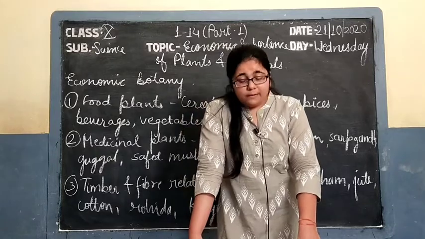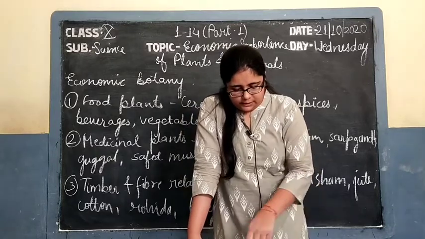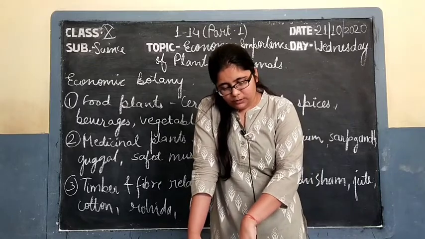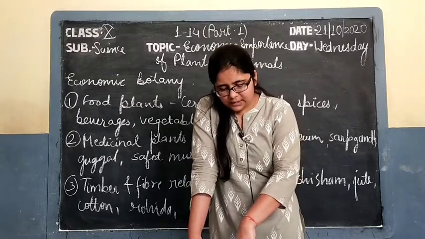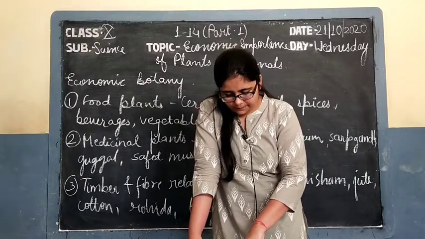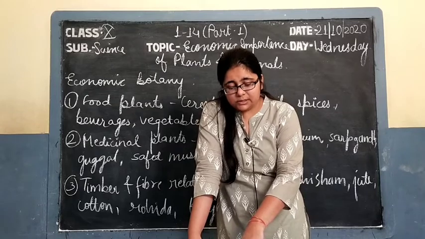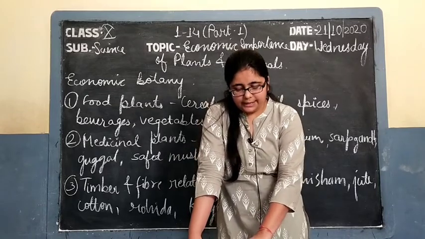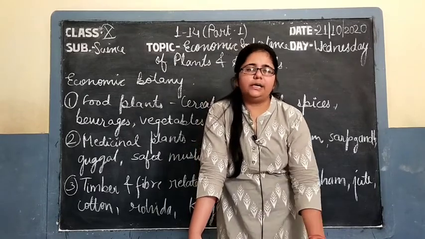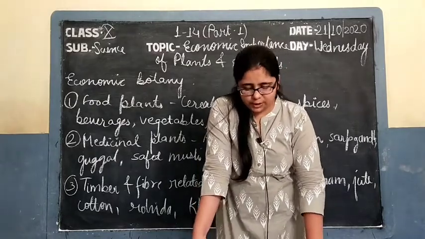The medicinal values obtained from stem: first of all turmeric, then ginger, garlic, and guggul. Then from the roots, first one is the serpent root, sarpagandha, Rauwolfia serpentina. Chlorophytum, that is safed musli, whose scientific name is Chlorophytum tuberosum, and the third one is ashwagandha, that is Withania somnifera, which have the medicinal values in their roots.